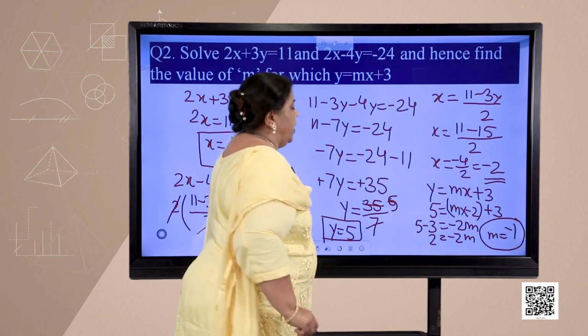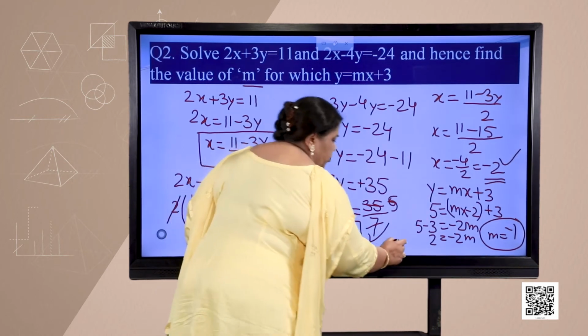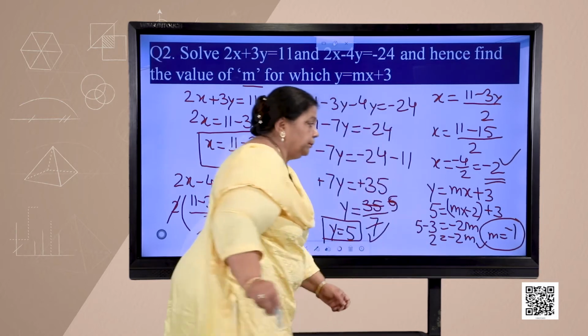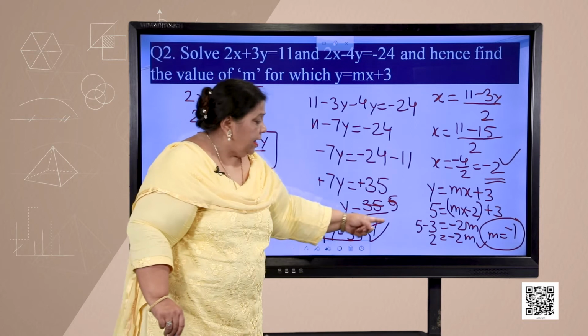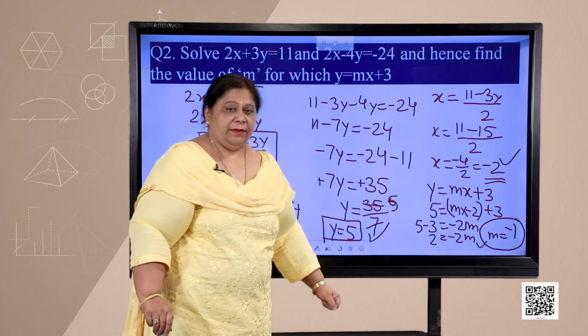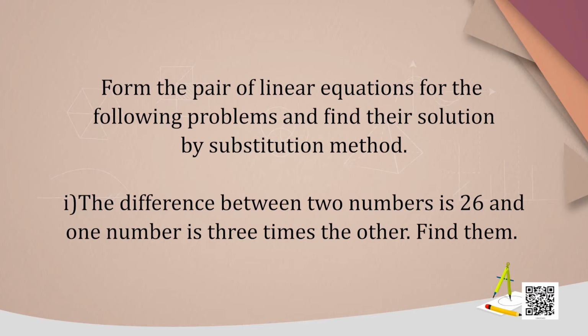So, we have got the value of x, we have got the value of y, and we have also calculated the value of m. X is minus 2, y is 5, and m is equal to minus 1. I hope you have understood this. So, students, let us see the next question now, which says, from the pair of linear equations for the following